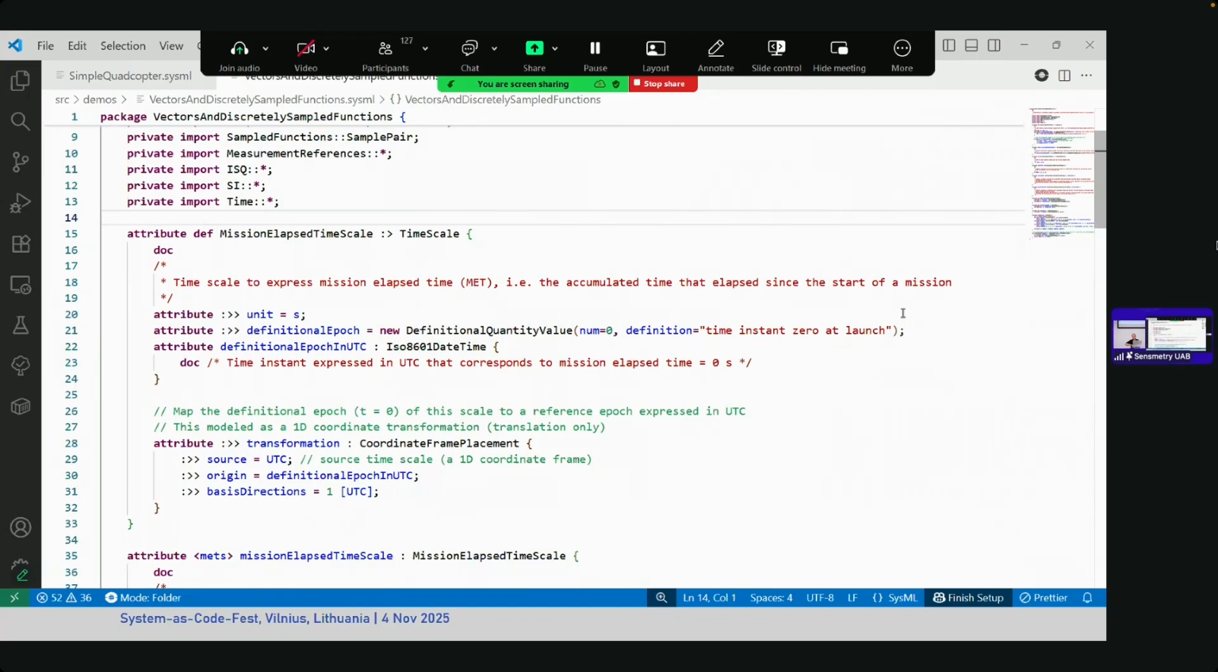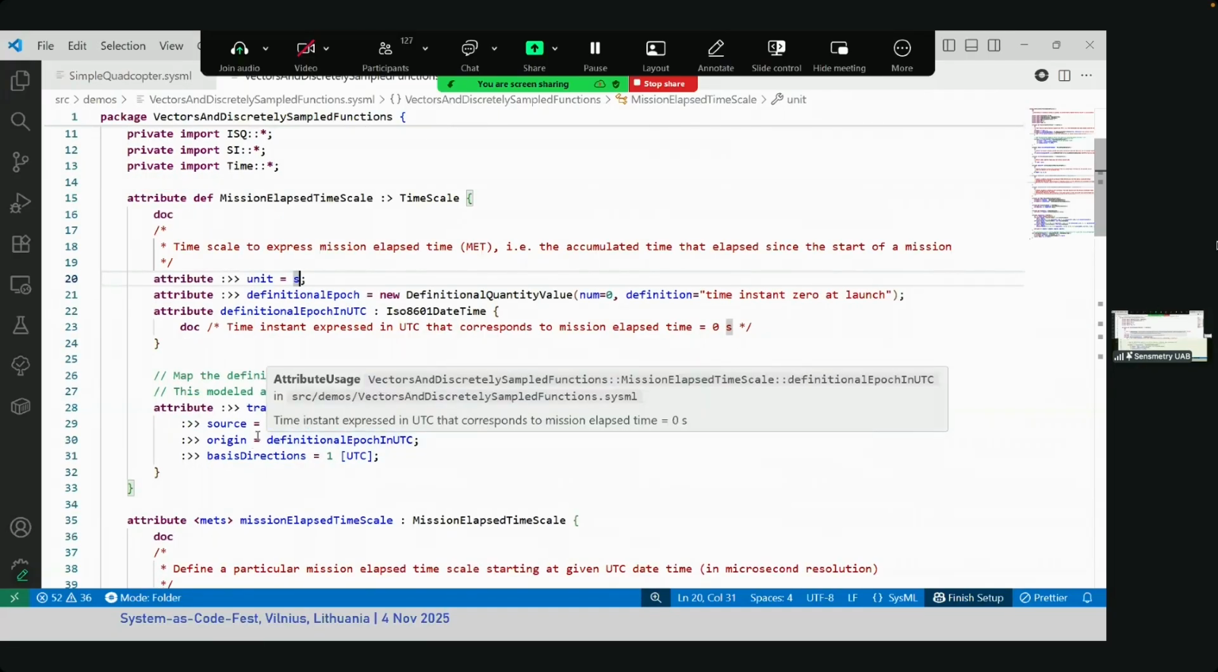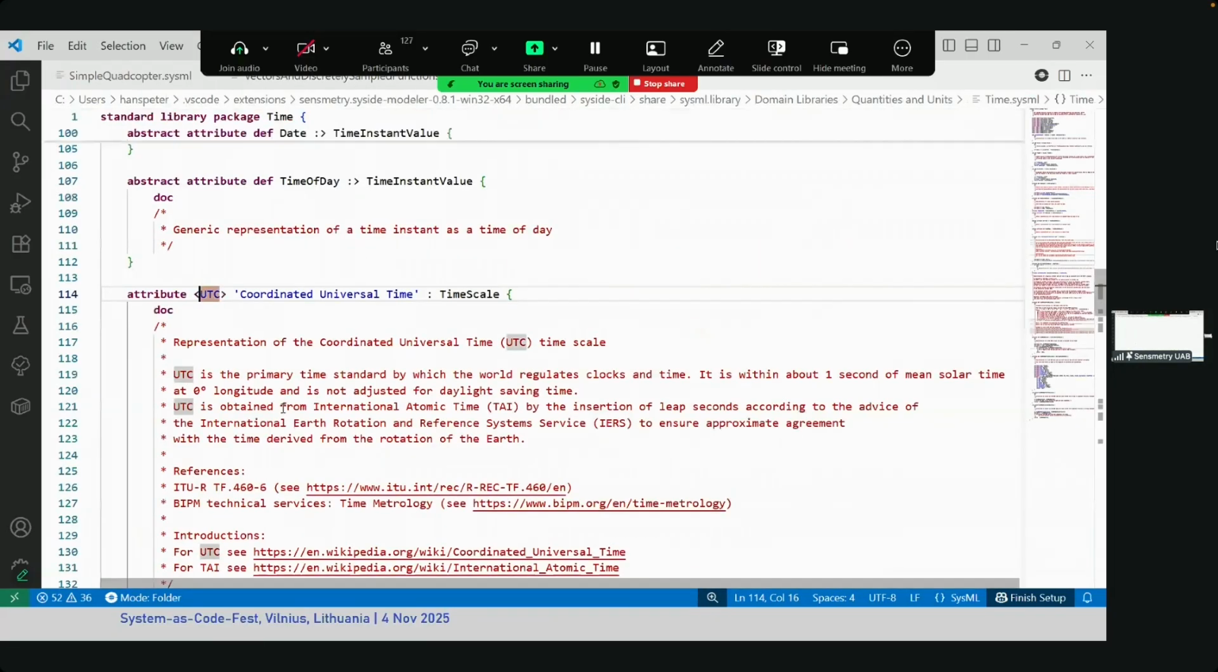So that is typically done as you take that as t equals 0. In this case, the unit is seconds, the definitional epoch, so this is the starting point of the time scale, has value 0, and we also can add the corresponding epoch in UTC. UTC is defined, so if I click on UTC, it just jumps to the standard definition of it. So if I go back,